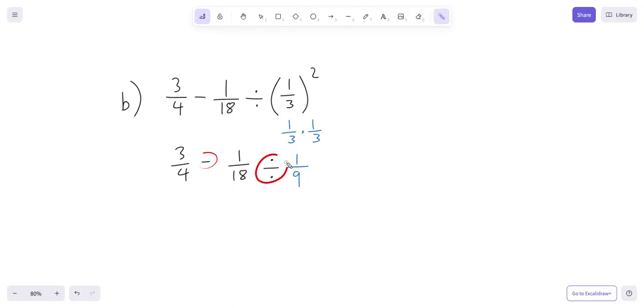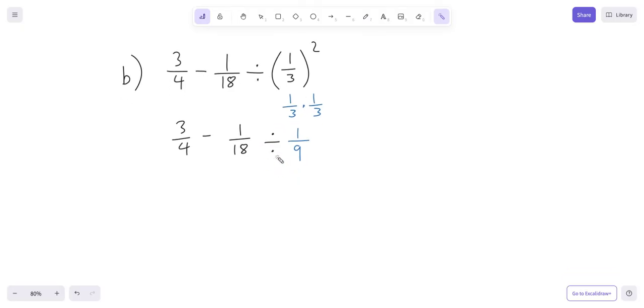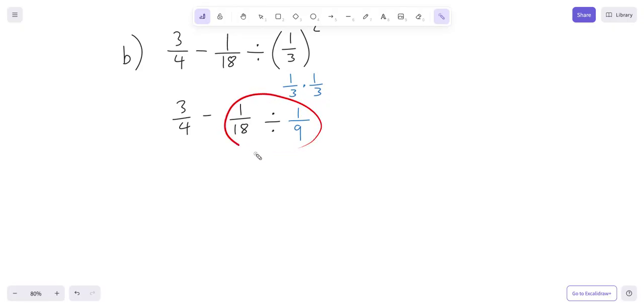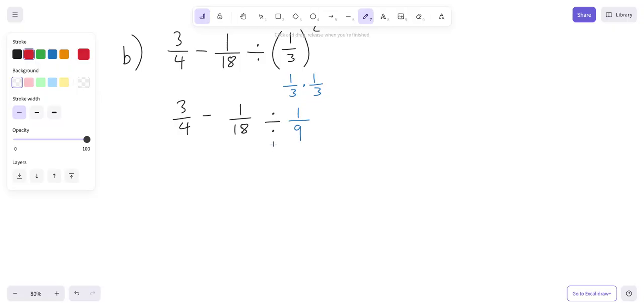Next, I can either subtract or divide, so I'm going to divide because that's orders of operations. So I need to do 1/18 divided by 1/9. For division, we instead multiply by the reciprocal. You only do the reciprocal for the second fraction, so it becomes 9 over 1. Keep the first fraction the same. Here again, I can simplify 9 and 18 divided by 9 to get 1 and 2. Multiply across, I get 1 over 2